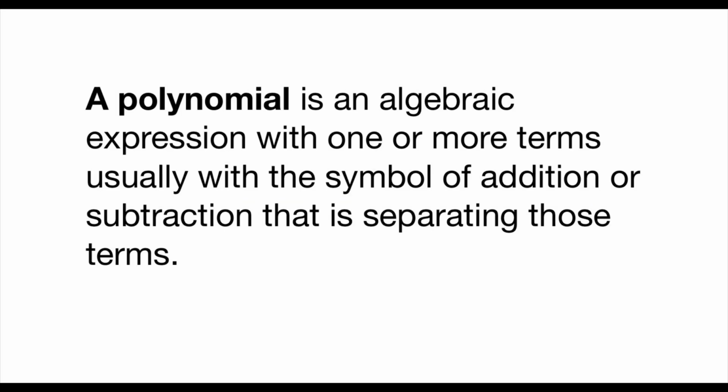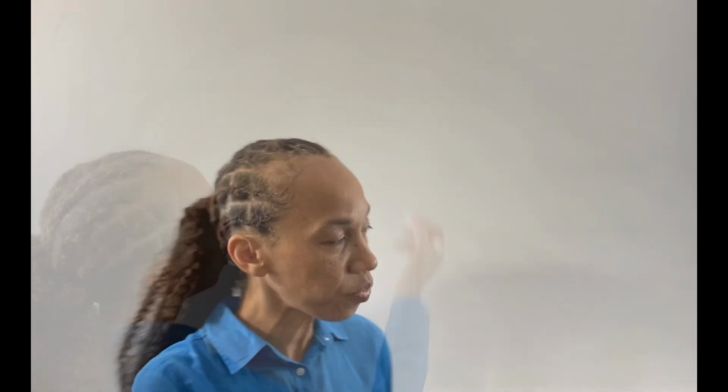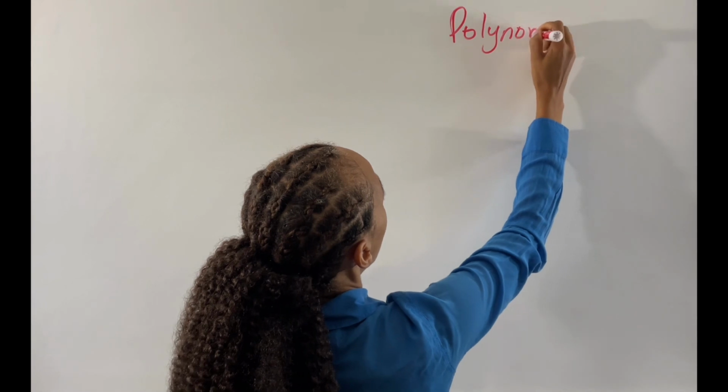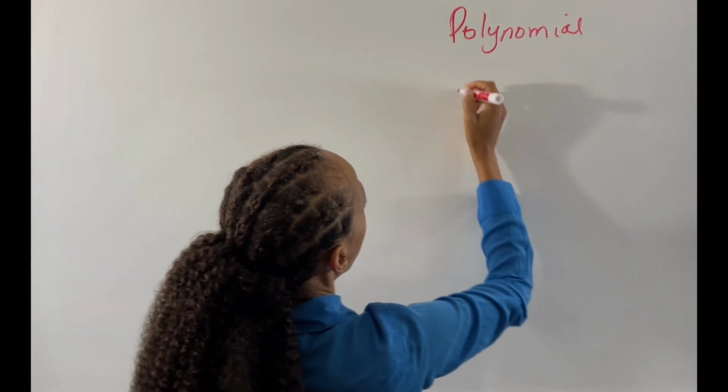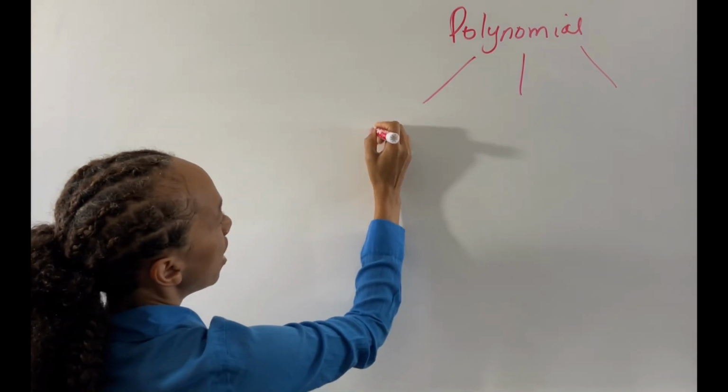A polynomial is an algebraic expression with one or more terms, usually with the symbol of addition or subtraction separating those terms. Let me break down the polynomial for you. The big word here, poly, means many. So we have polynomial, all right? And from this, the first one is the monomial,